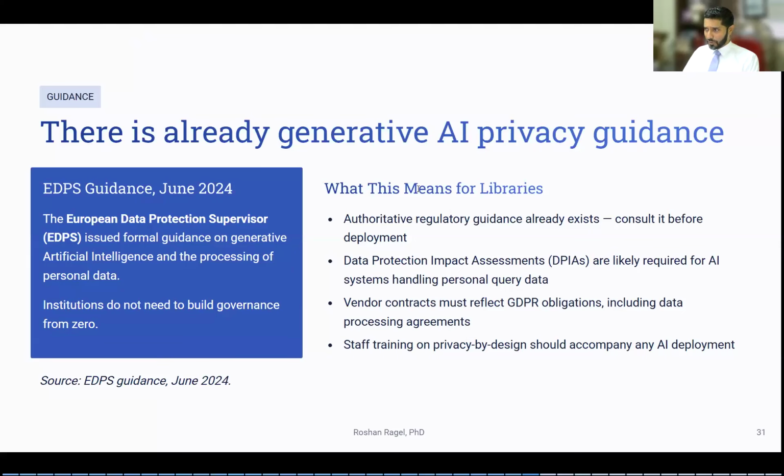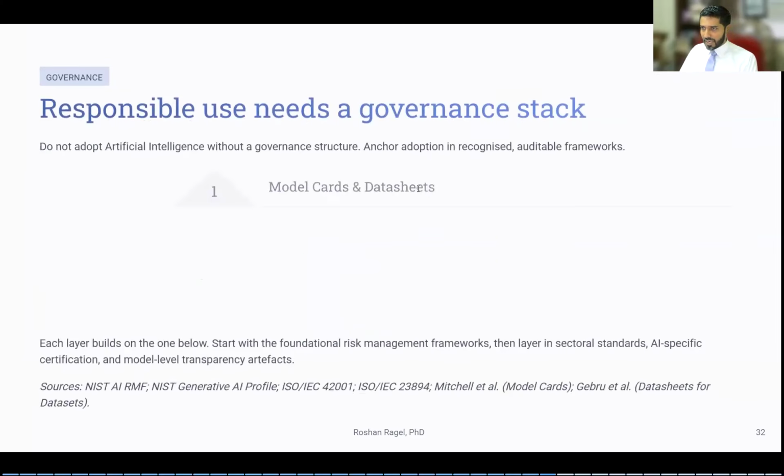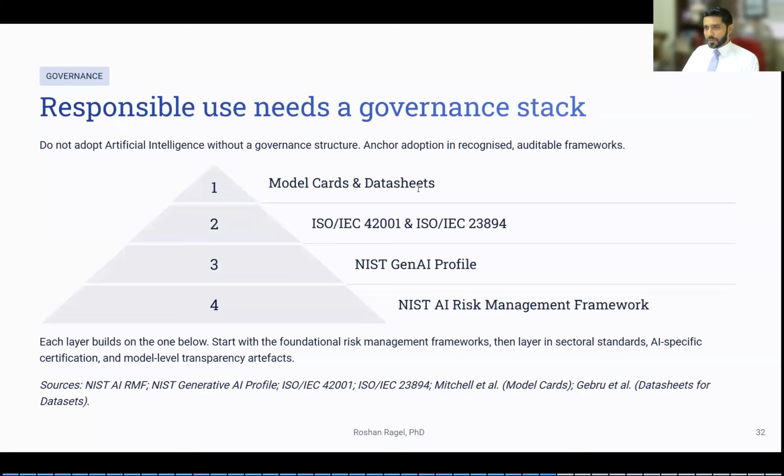But it's not so hard for us because there are already guidelines that are set. The data protection supervisors' guideline is there, and countries are coming up with a lot of guidelines, including us, where I'm coming from. We have set up national guidelines and also a data protection authority for protecting personal data. Libraries have to be aware of and follow these guidelines so that we don't cross boundaries, and also be more governance, privacy, user and data provider oriented, in addition to providing the best service possible. So it's possible to bring this into governance and put it to responsible use.